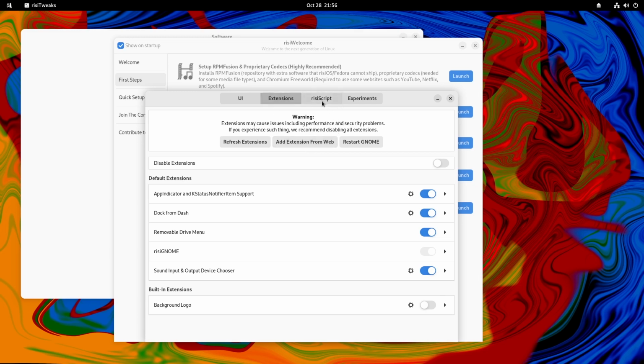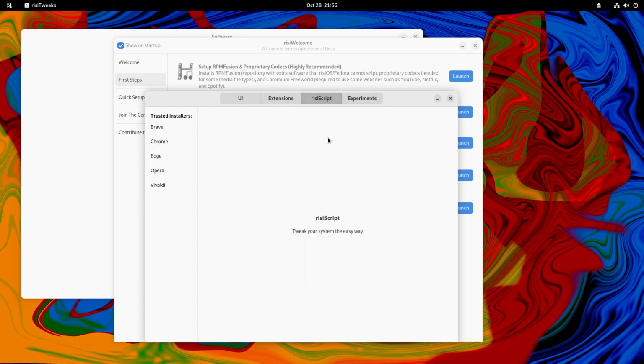And then we can see the Risi script. So for example, I will click this install app button. What will appear after we click this button?